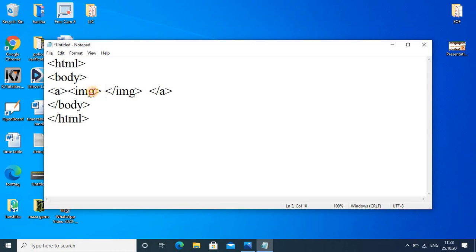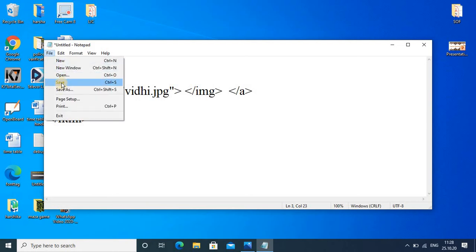And now what you have to do, you have to give src, source. Okay, source, it means which picture you want to add here. Okay, and as usual this image is there in my folder, so I am giving that jpg. Okay, and now I will save this file.